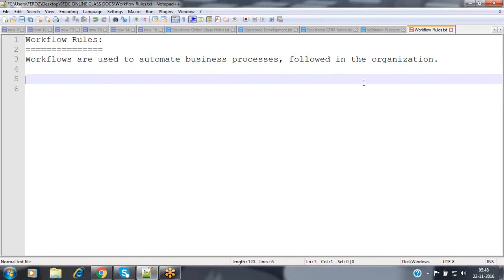Now, let's take one more example here. Assume that I am working in an organization like TCS, as a project manager. Inside my team, I have 10 Java developers who are working for a specific customer. All the 10 members are Java developers. Now, from these 10 members, 2 members got resigned because they got a very good opportunity in a different organization.